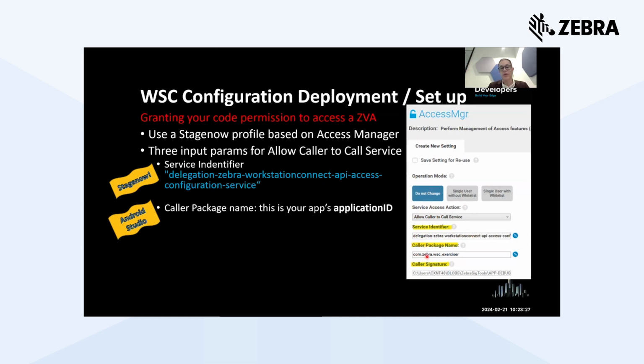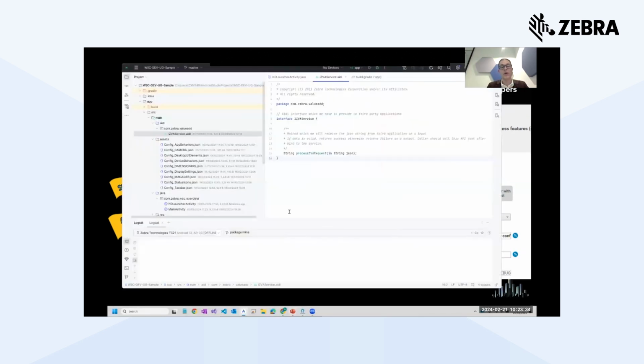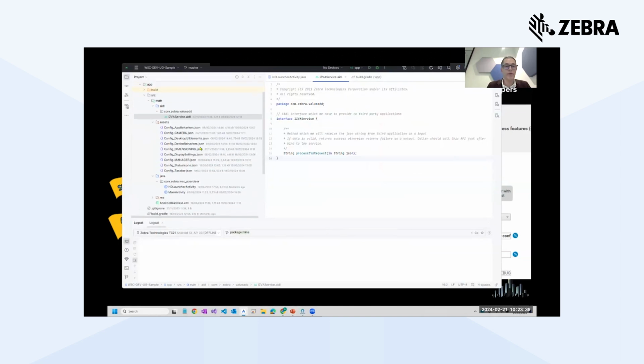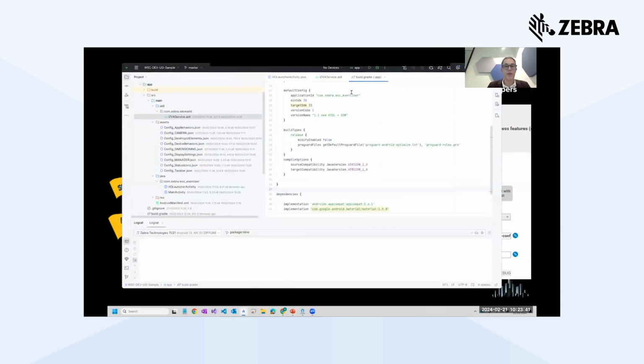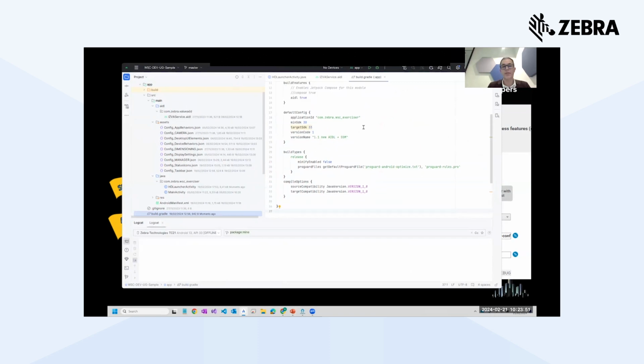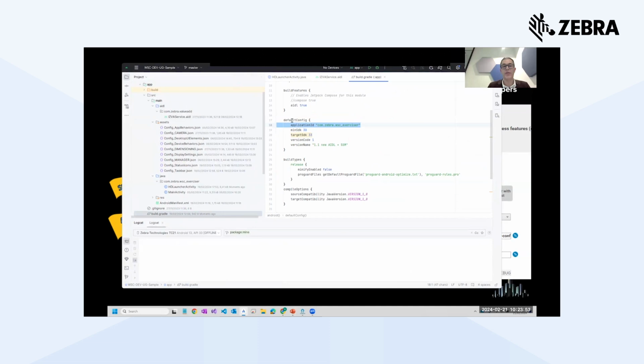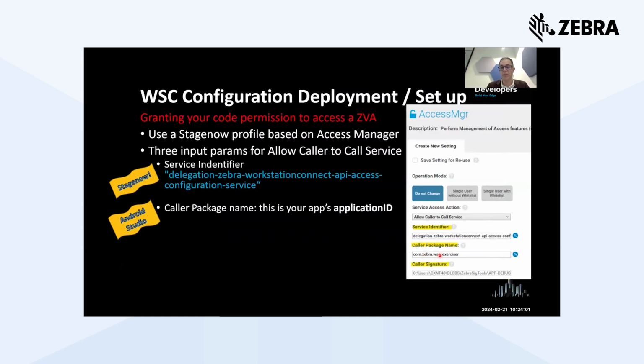you need to enter your application ID, which is commonly called package name, but let me show this on Android Studio. To see your application ID, you need to pick the build Gradle file relative to your module, and see this field, the application ID in the default configuration. The string here is the one that you want to enter as a caller package name